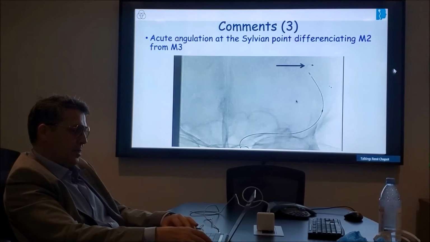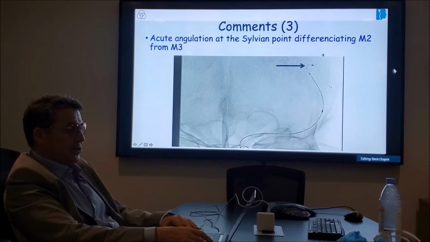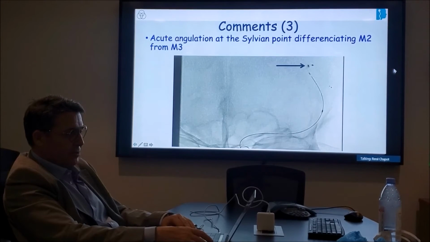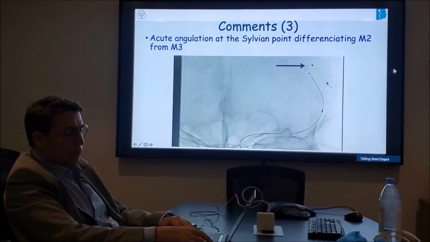Comment number 3, this is a Sylvian point. When you reach up the mountain and you go down again. On the AP view, the Sylvian point is something which is very precise, very clear, and this differentiates M2 from M3, and since this point, things go dangerous, because when you deliver a stentriever, regardless which stentriever it is, this is here not a tiger, catch me, that works well, while pulling on this, you have a resistance